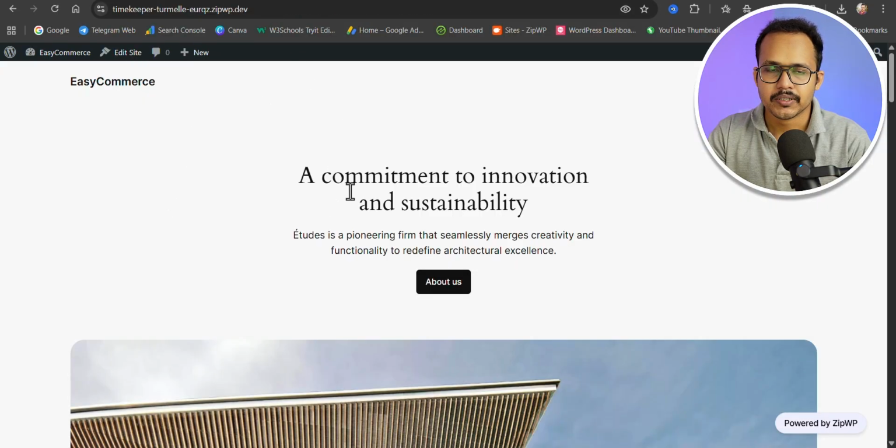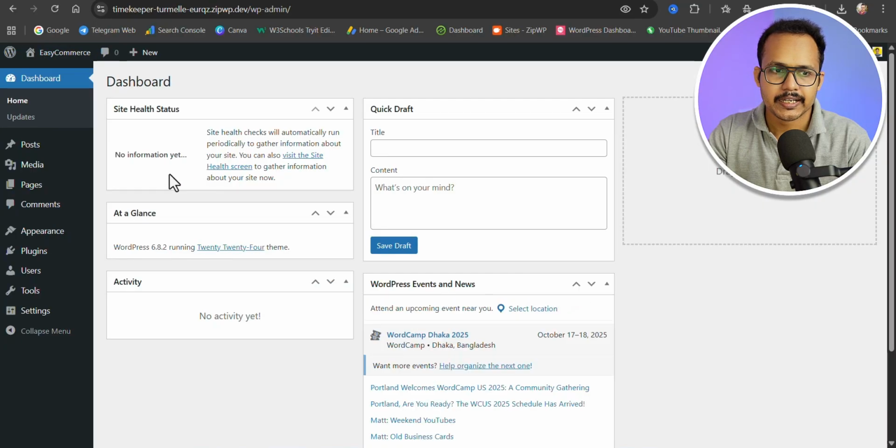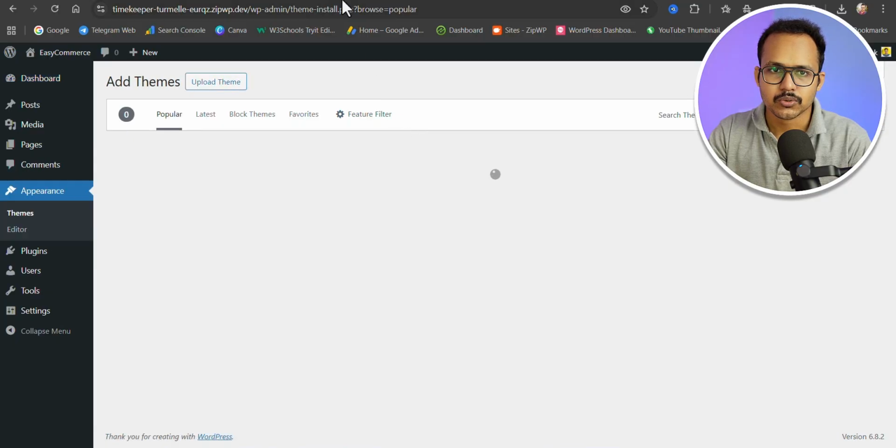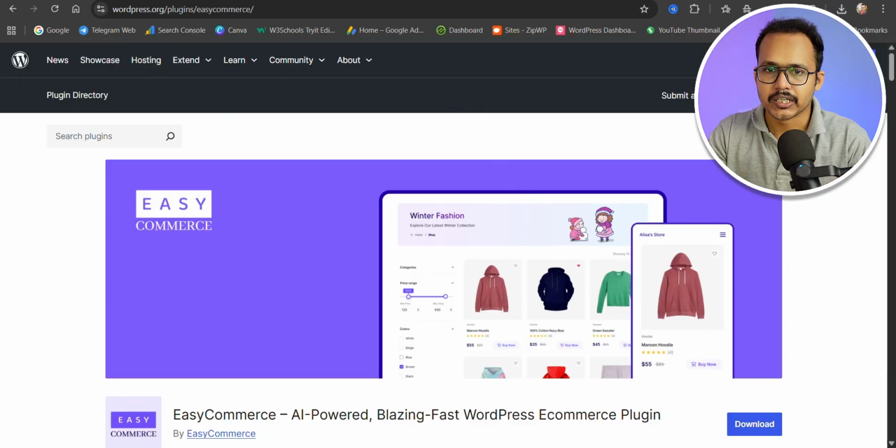So here is a fresh website, so we need to install the plugin. So let's go to dashboard, and let me install the theme first. So let me go to theme, let me click on add theme. So EasyCommerce is compatible with multiple